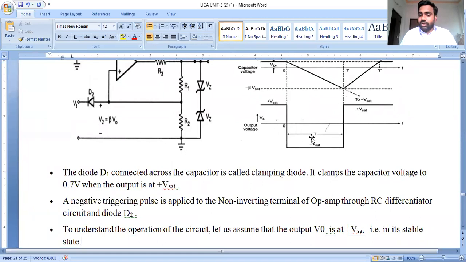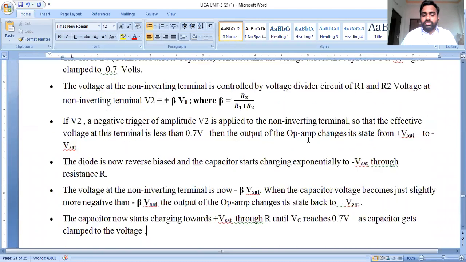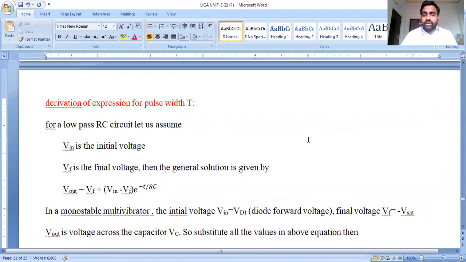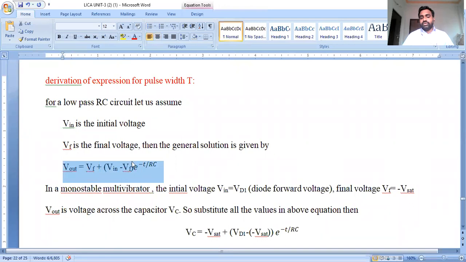That means, why we calculated this particular time period is to know the behavior of the monostable multivibrator if it is operated in this particular quasi-stable region. So if we see the behavior of the output voltage, the output time period capital T, the input voltage V input is represented as the initial voltage and the final voltage is Vf. Okay, so the transient response of the output voltage is V output equal to Vf plus (V input minus Vf) times exponential of minus T divided by RC.